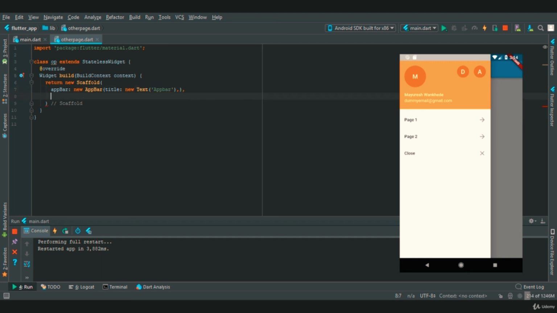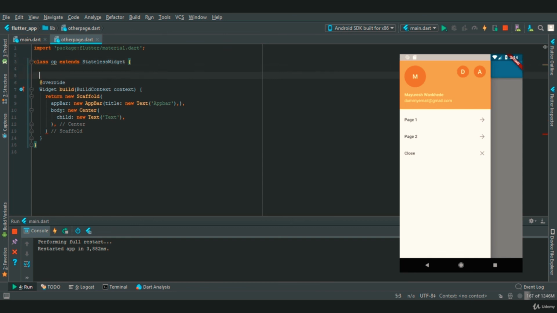And in body we are going to create a text that will be aligned in center, so new Center. In this we will add a text, and for right now we'll say text.